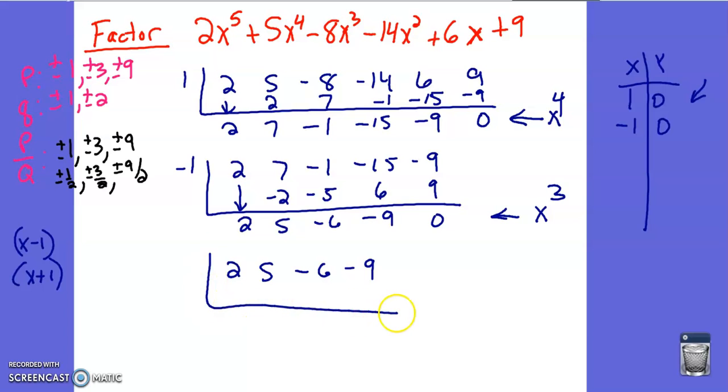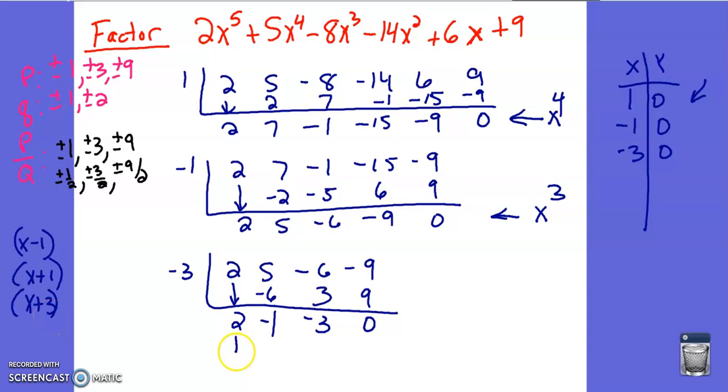So I'm going to try negative 3. If I bring this down, that's going to give me negative 6. Add that column together, that's negative 1. Multiply, add, multiply, add. So 3, that's going to give me negative 3, positive 9, and 0. So I found another zero, which means x plus 3 is a factor. And notice this is now a quadratic, so 2x squared minus 1x minus 3. And if I factor this